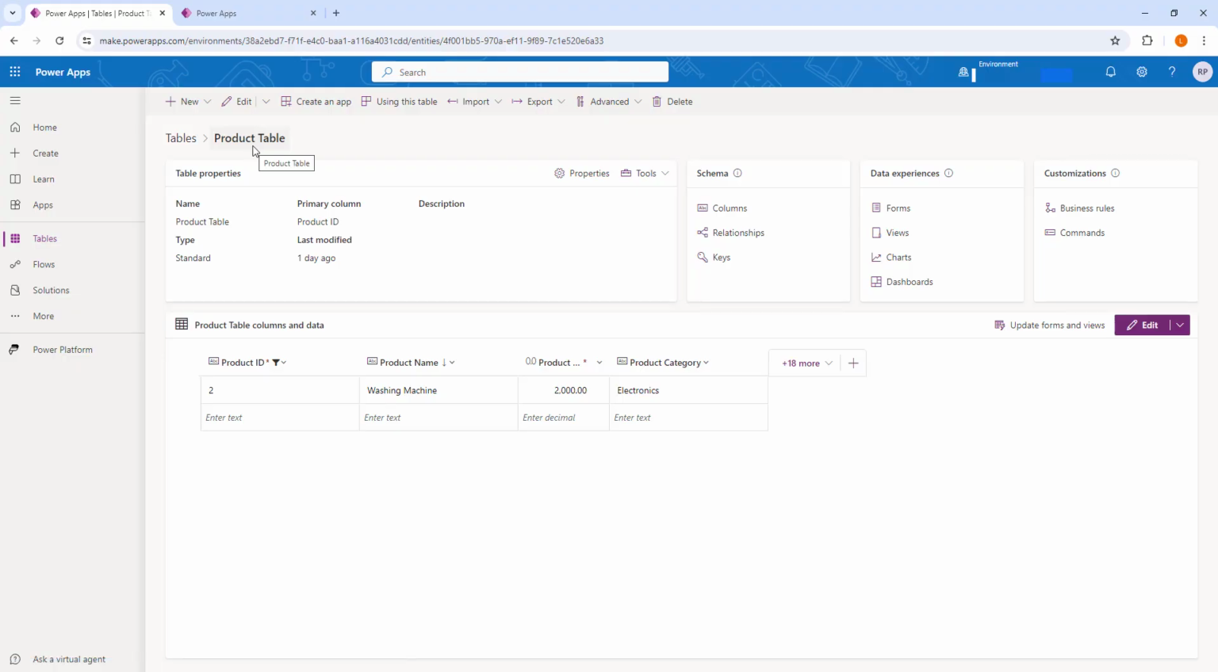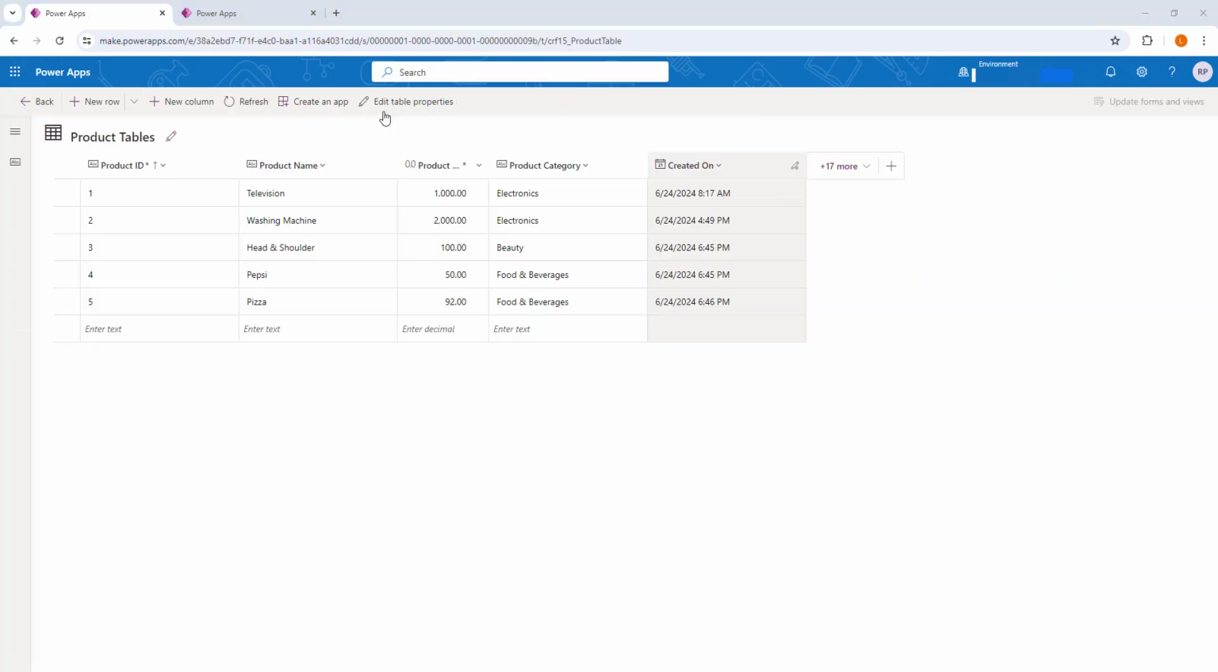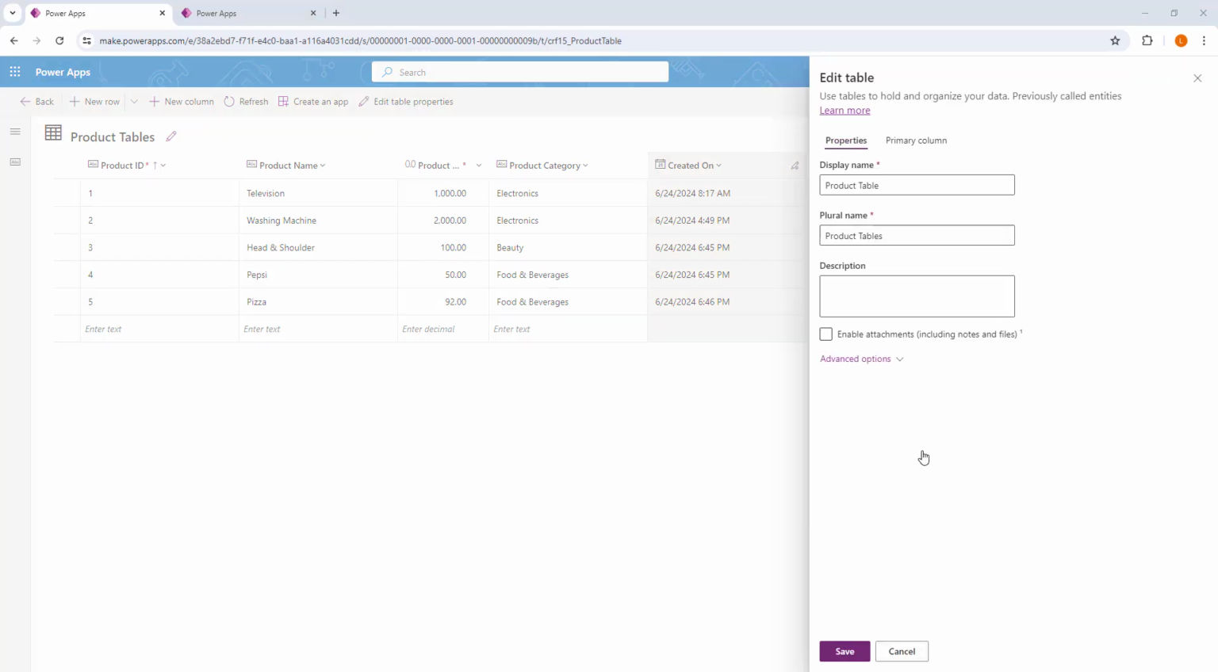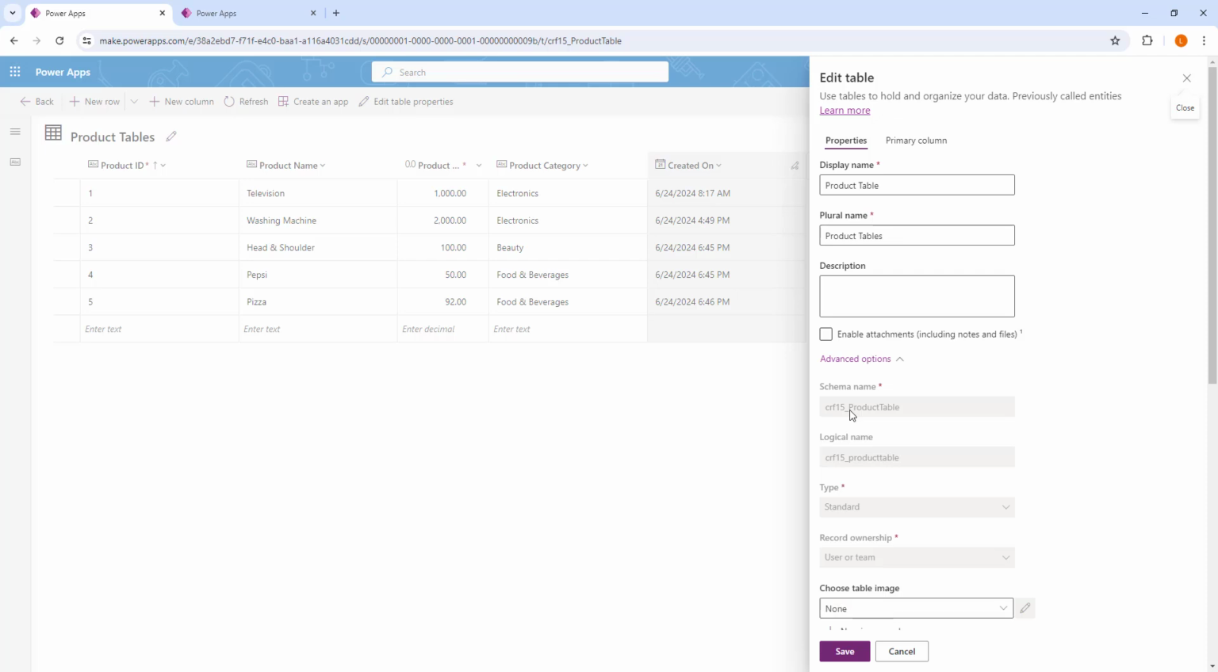Now let's go back to the Power Apps and then I'm going to click on edit and then click on edit table properties. So to get the schema of the table, I'm going to the advanced option inside the properties of the table. And there you can see the schema name CRF15 underscore product table. So whenever you are going to get the columns also, you are going to use the same schema, that is CRF15 underscore, and then you are going to give the column name, that is product ID and product name. And one more thing you have to observe, I'm having the space between product and ID, right? Whenever you are going to give the column name, you don't give the space over there inside our select columns